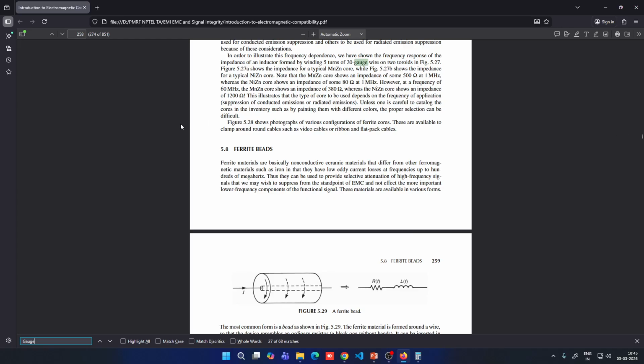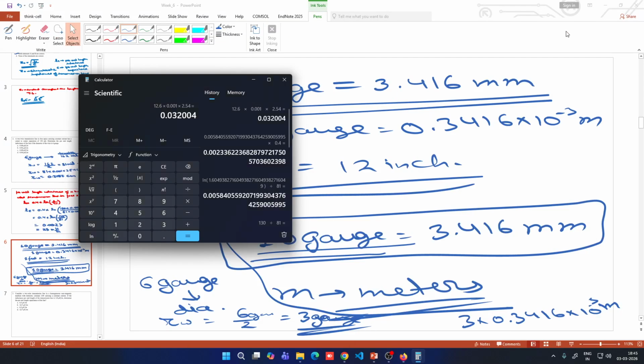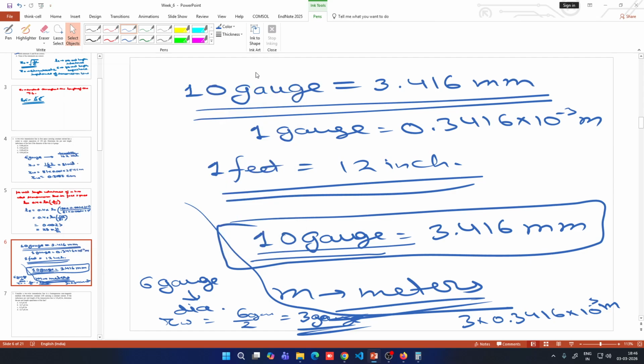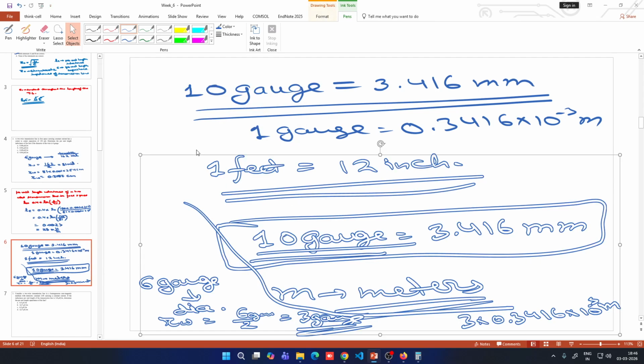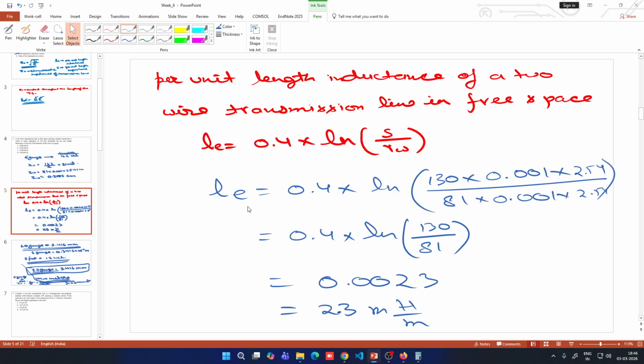Okay, I will come back to you with this one. Otherwise, the only issue is with the conversion factor, right? We have to find out the correct conversion factor. Otherwise, the formula is correct. So this is the formula for